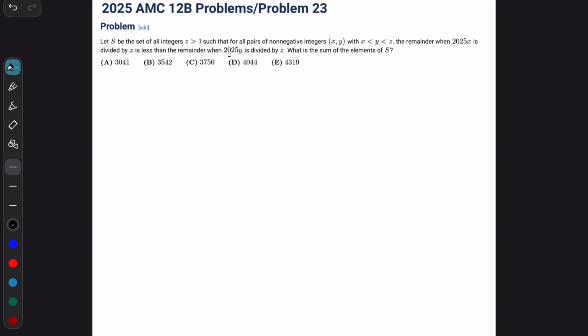Number 23 on the 2025 AMC 12B problem. Let S be the set of integers z bigger than 1 such that for all pairs of non-negative integers x, y with x < y < z, the remainder when 2025x is divided by z is less than the remainder of 2025y. What's the sum? So for all integers that satisfy x is smaller than y,